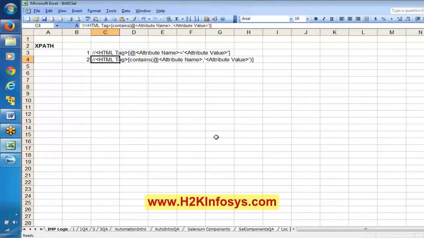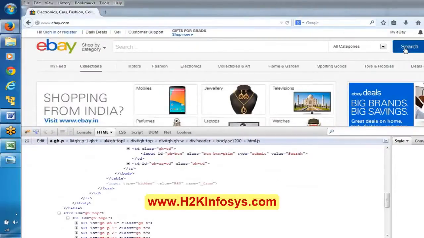Okay, if you really want to use the XPath, when you don't have ID, if you don't have the name, and moreover if it is not a link, in that case you will use the XPath. This is the order of preference that you have to follow while building automation scripts using Selenium. Now here one of the cases is this. Let us try to identify this particular search button.